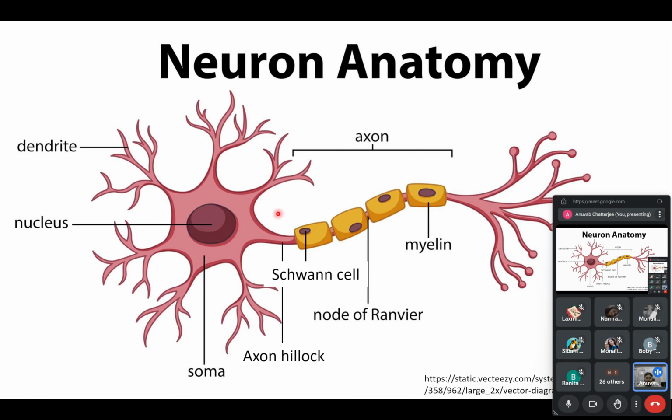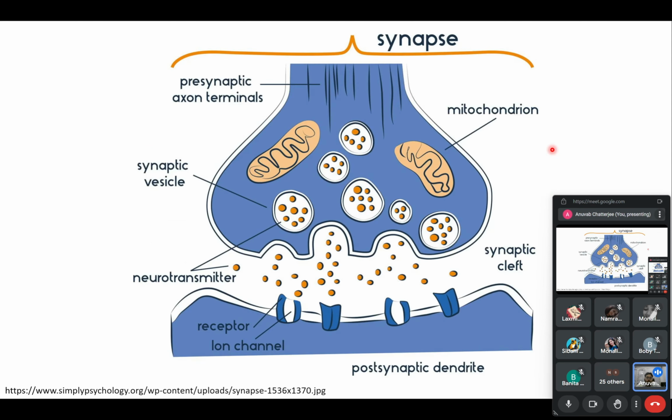So the axon hillock, as you can see, is an intraneuronal structure. It is present inside the neuron. At the ends of the neuron, both at this terminal as well as this terminal, the neurons are in connection with another neuron. But the axon is always facing towards another dendrite. The axon is the one that gives the signal, the dendrite is the one which receives the signal. Together they form a structure known as the synapse. So here we have the axonal terminal at the top, and here we have the dendritic terminal at the bottom.